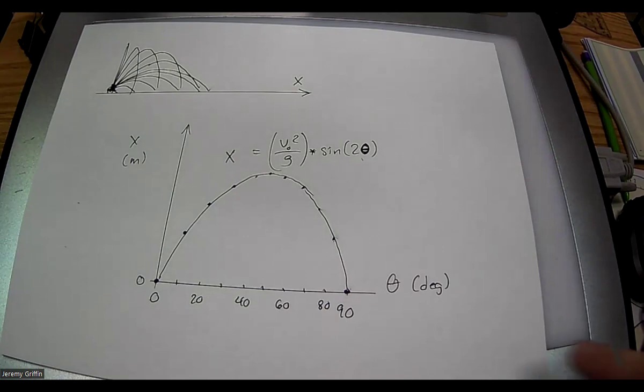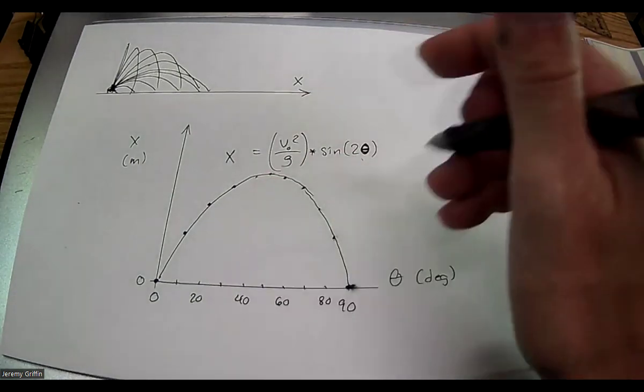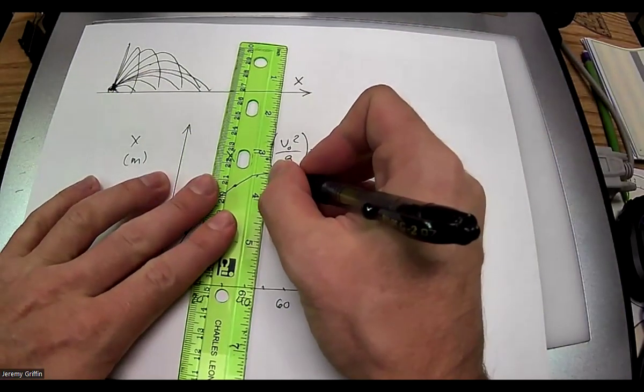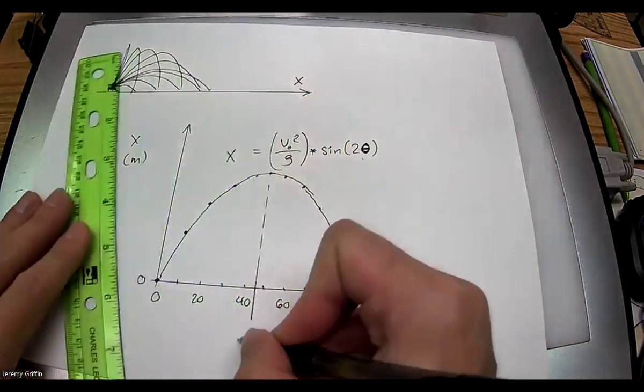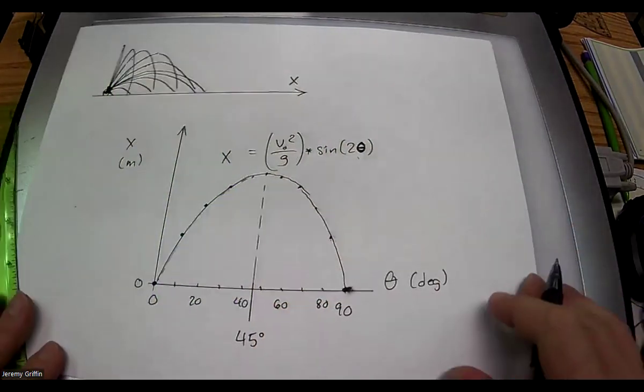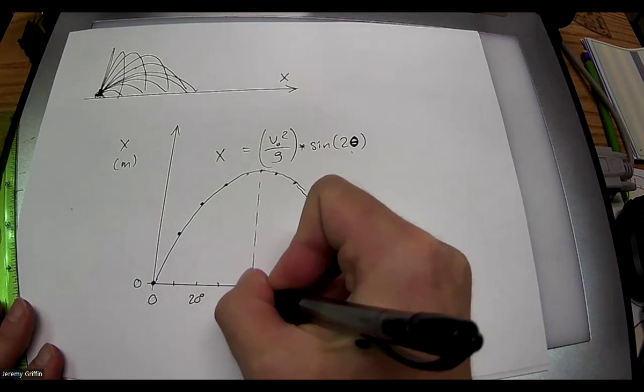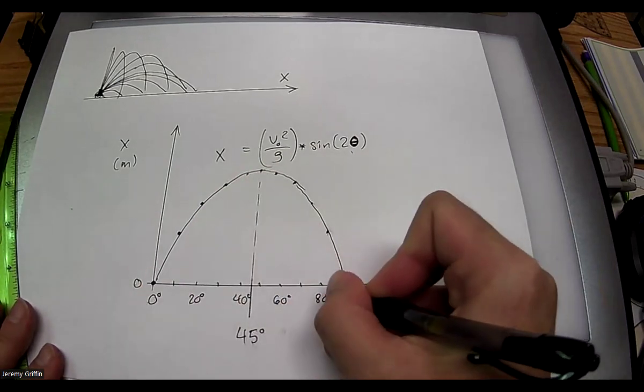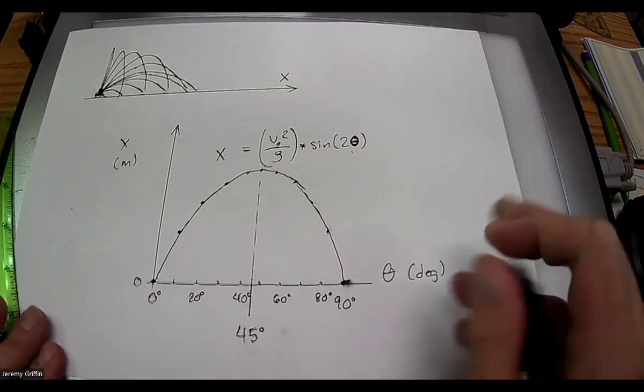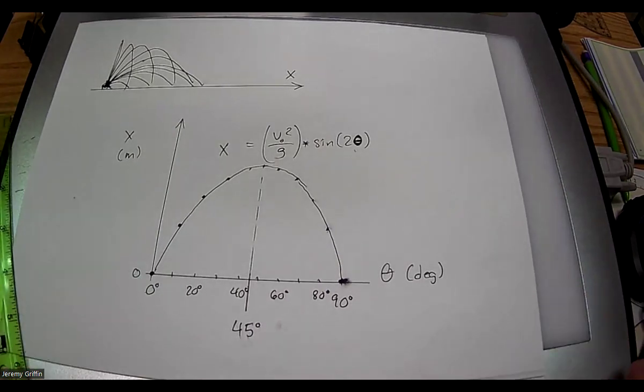Now why does it peak at 45 degrees? Supposedly this should be the optimal angle, 45 degrees. These are all degrees, right? So I don't know if you guys caught this, but go take a peek at Google